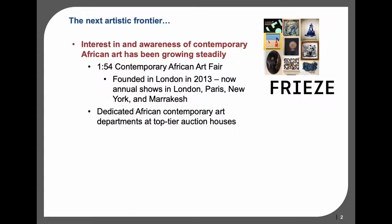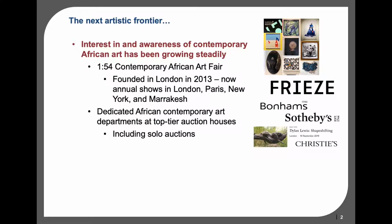The past decade has also seen the creation of dedicated African contemporary art departments at major auction houses. We've gone from 60% of lots remaining unsold at Bonhams' first African contemporary art auction in 2010 to Sotheby's running several auctions a year that regularly break sales estimates, with the most recent auction taking place at the end of March 2021. This has also extended to solo auctions for African artists, such as the 2019 Dylan Lewis Shapeshifting auction